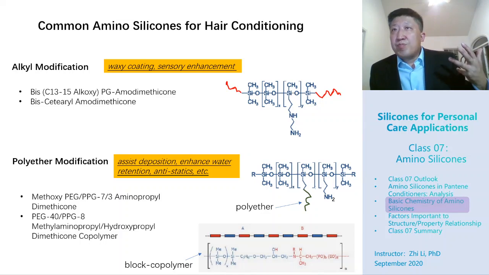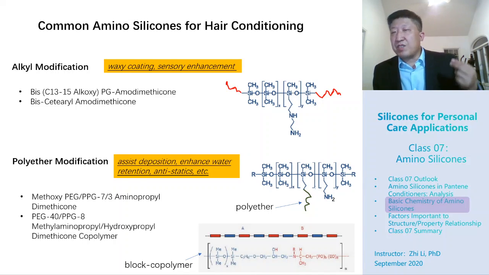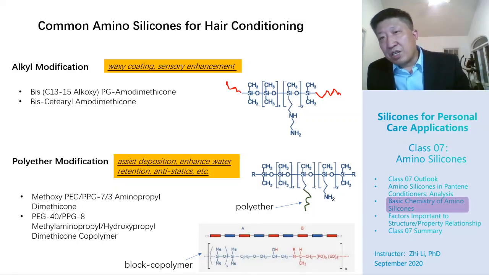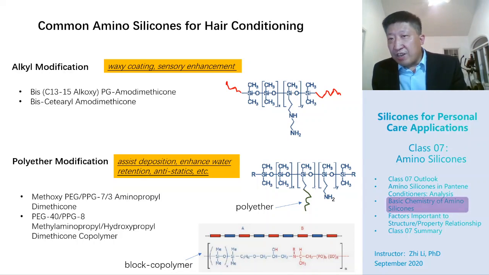Alkyl silicone forms a more waxy coating than amino silicone or typical silicone would do. As a result, the sensory could be further enhanced in terms of distinct coating sensory. Again, I'm talking about my personal opinion. I personally am not a big fan of alkyl modified